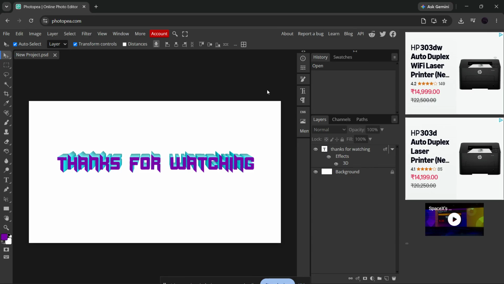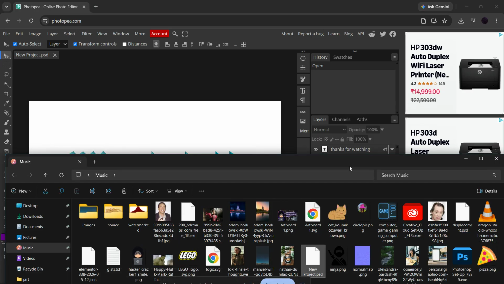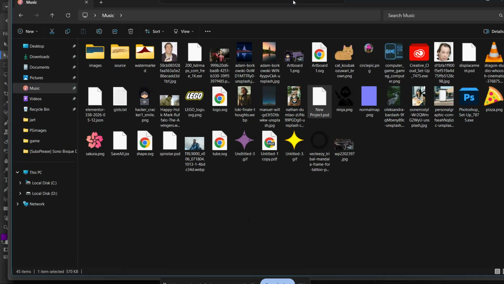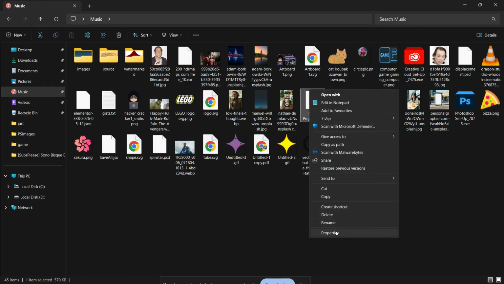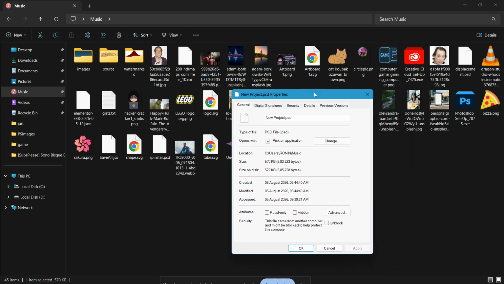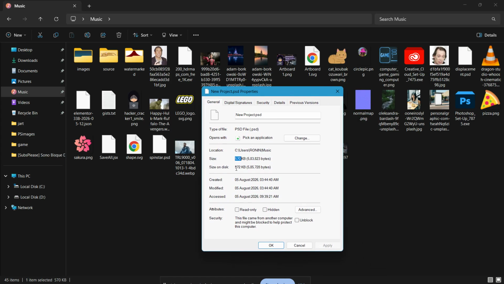Finally, check the file itself. Make sure the file is not 0 bytes, because that usually means the save was interrupted and the file is empty or damaged. Also check whether the file is locked behind private Google Drive permissions if you're trying to open it from cloud storage. If you don't have full access to the file, Photopea may not be able to load